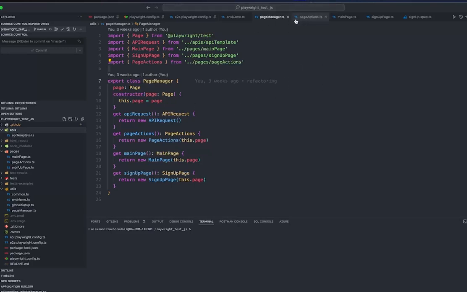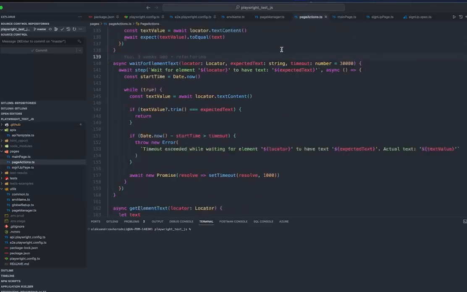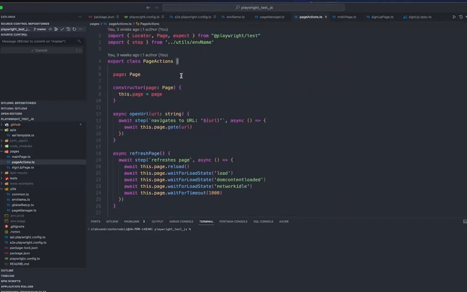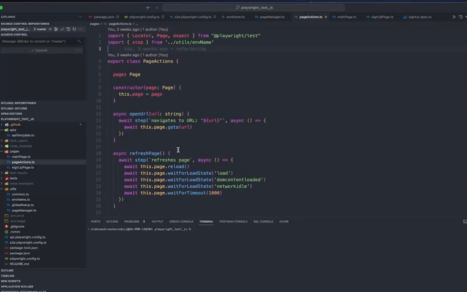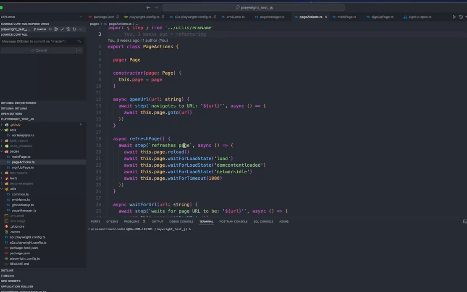Let's get back here. So I got all these pages. Let me open something right here. At first I got the page which is page actions. I call it page actions because it represents the most common actions that you can do within any given web interface, or most of them. So it's got all the commonly used interactions with the web page, such as